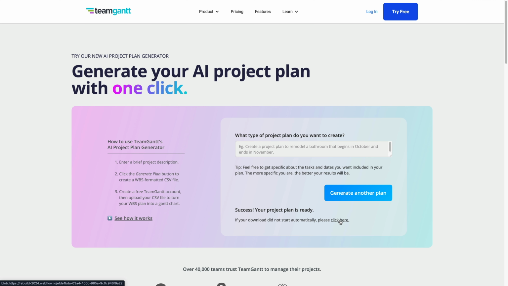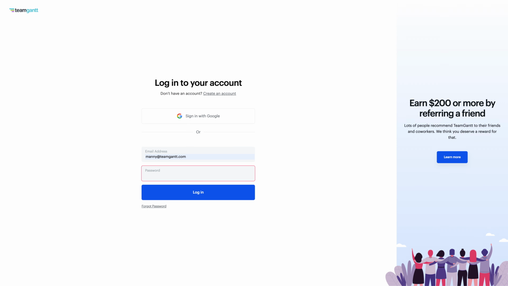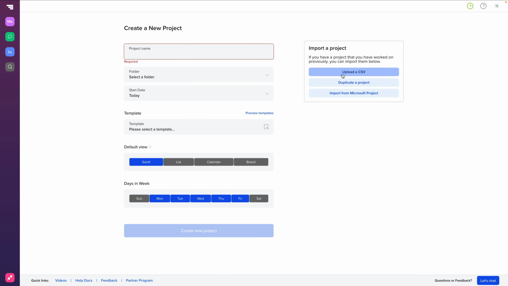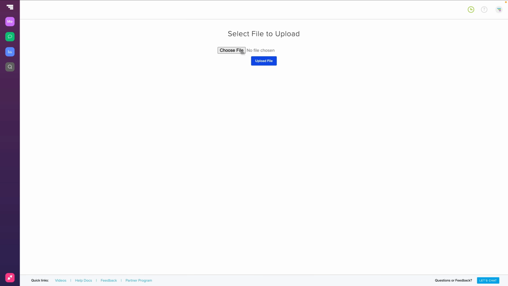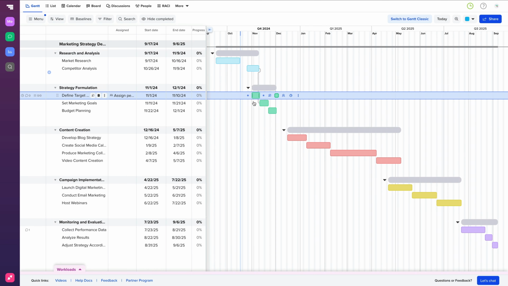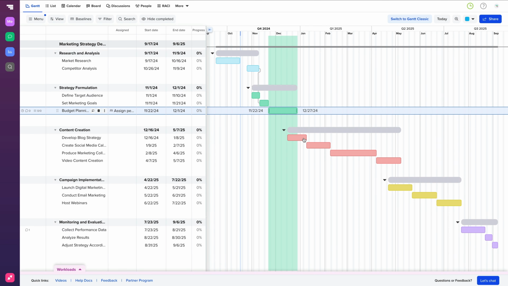TeamGantt. To do this, head on over to teamgantt.com, then sign up for a free account if you don't already have one, or sign back in if you do. Then click New Project, upload a CSV, then select the file that you generated. Once uploaded, your project is fully set up with all of the details in place and organized within your Gantt